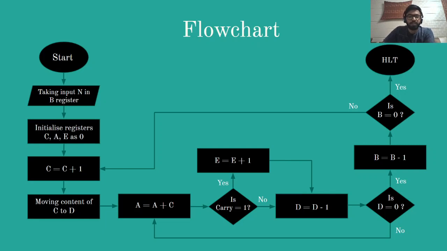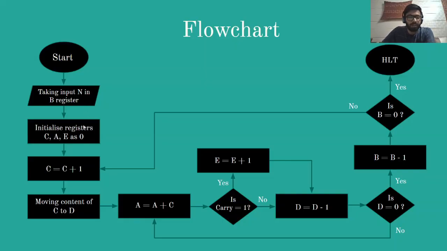We will be using register C to store a number which we will be squaring and adding to accumulator A and register E. As we know that there is no such instruction for squaring or multiplying a number in 8085 assembly language programs, we will be doing it by adding a number multiple times. I'll show you how.